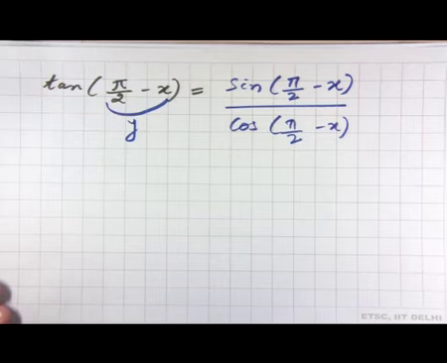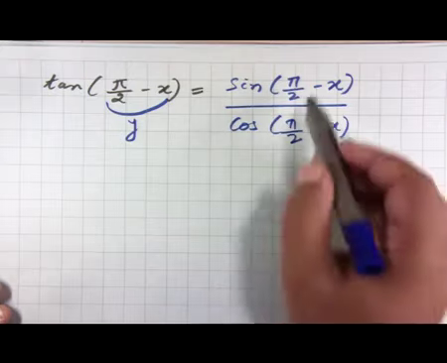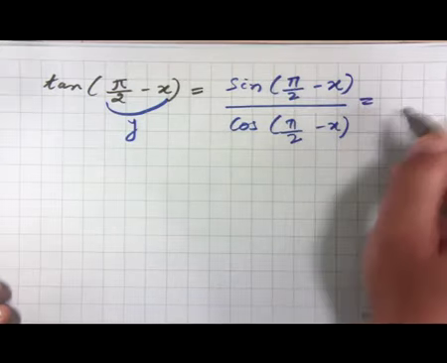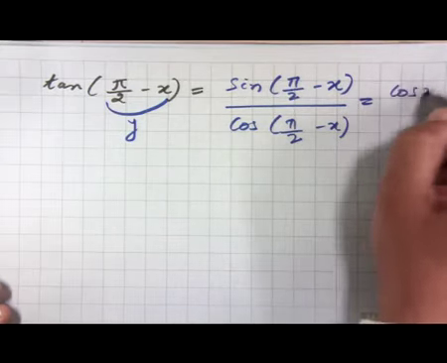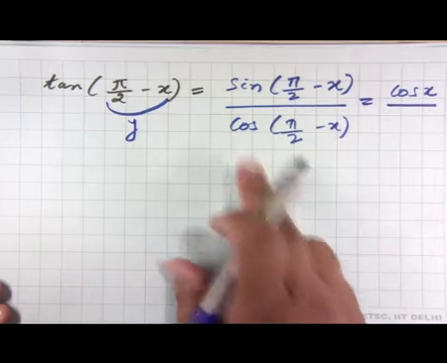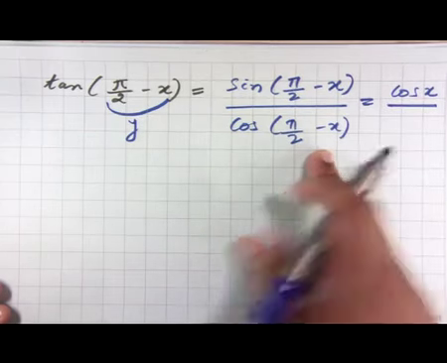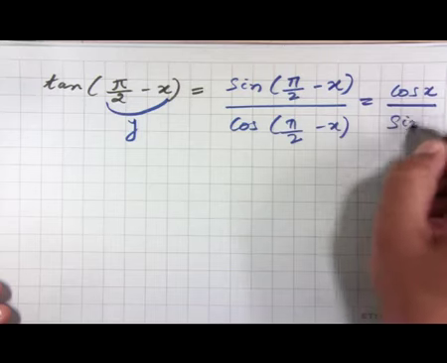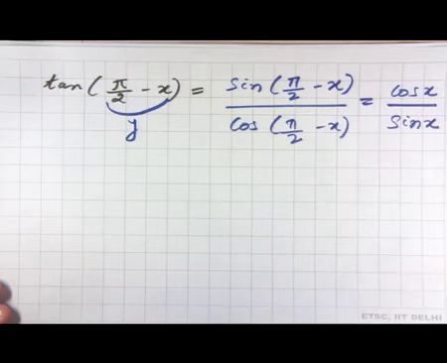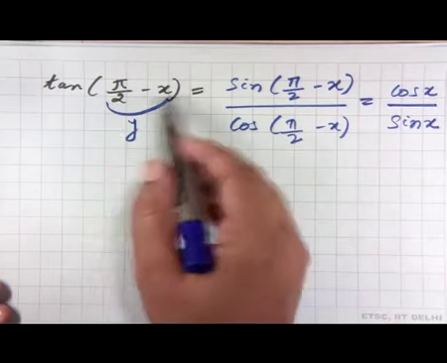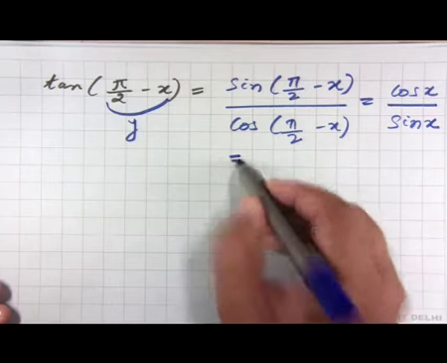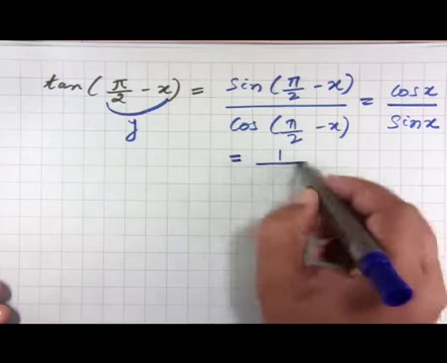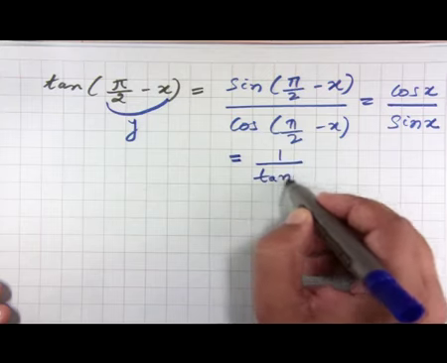But from previous slides, we had shown that sine of pi by 2 minus x is equal to cos of x, and cos of pi by 2 minus x is equal to sine of x. So, tan of pi by 2 minus x is actually equal to the inverse of tan of x,